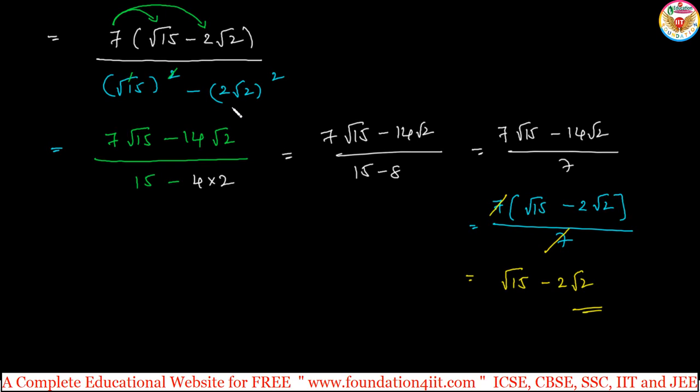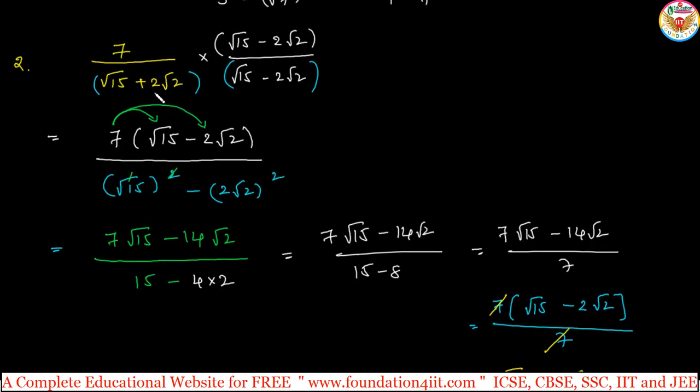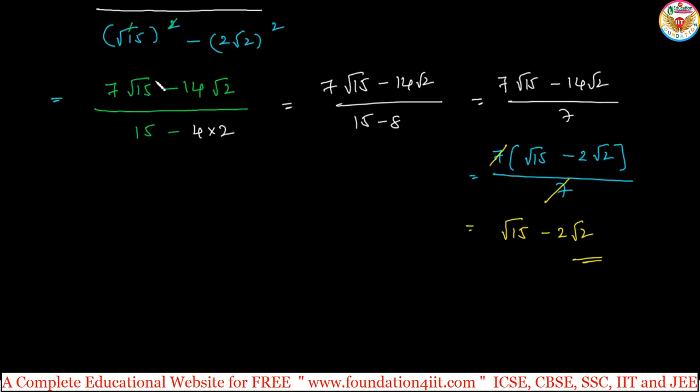And in the denominator, up to here we checked only two terms, right? Like root 15 and plus 2 root 2. If there are more than 2, let us take one more question. So the problem you notice here: rationalize the denominator of 1 divided by root 3 plus root 2 minus 1. This is the question. So in these cases, irrational numbers you can take as one set. So root 3 plus root 2, just you can make as one set, minus 1. So root 3 plus root 2 minus 1, right? So with root 3 plus root 2 plus 1 you multiply and divide.